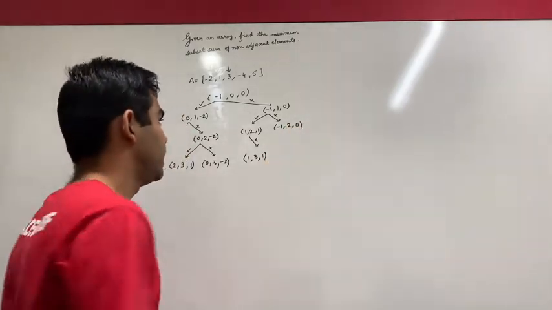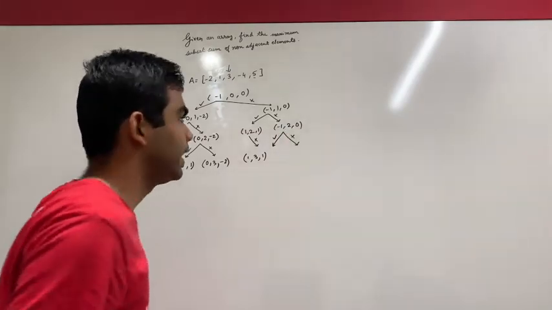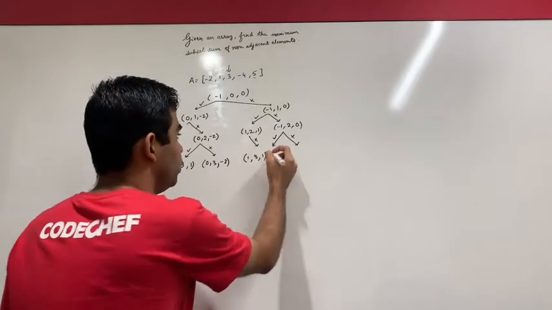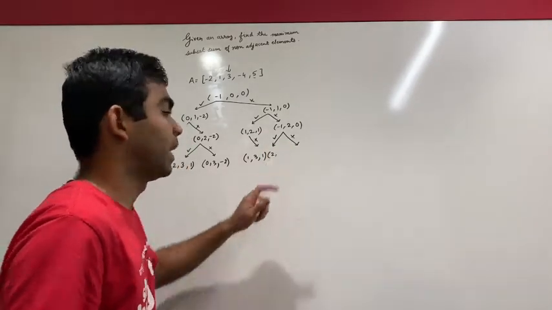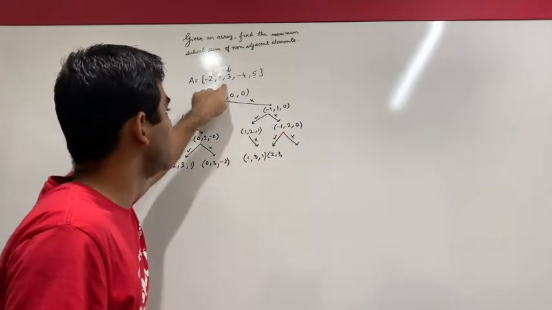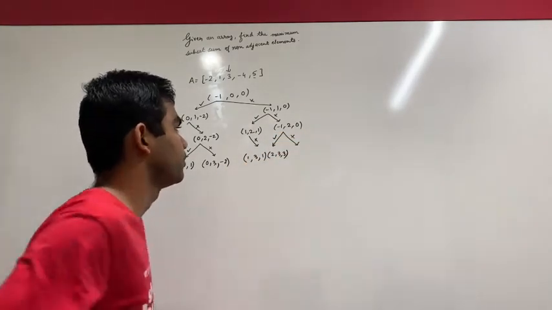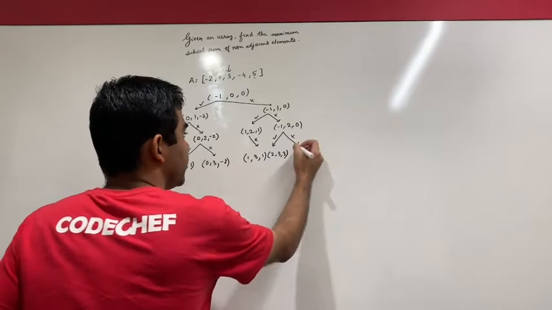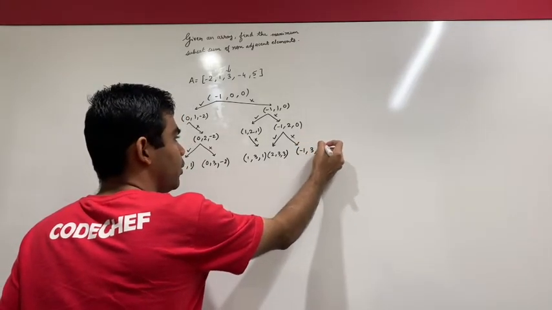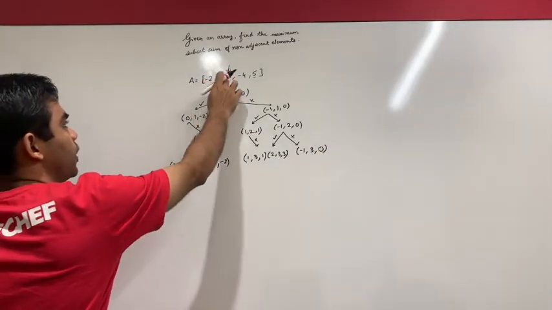For this node, I can make two decisions, which is I can take it and I reject it. So if I take it, then my last taken index will be 2. My current index will be 3. And I'll add the value at the index 2, which is 3, to the previous sum, that is 3. And for the rejection case, my last taken index will not change. I'll increment my current index and the value remains as it is. So we have covered the index 0, 1, 2.